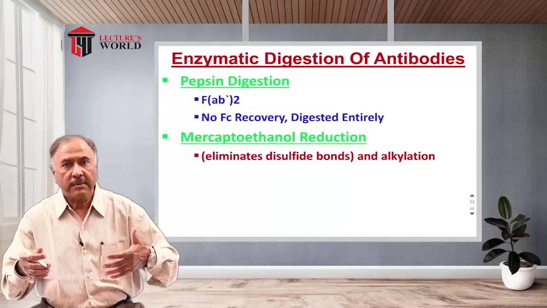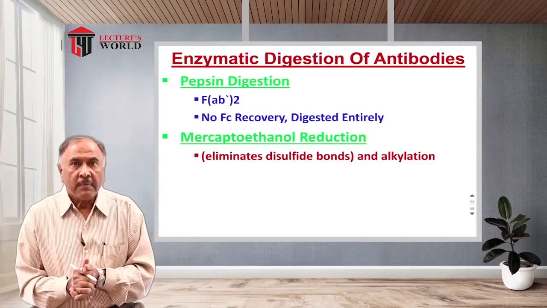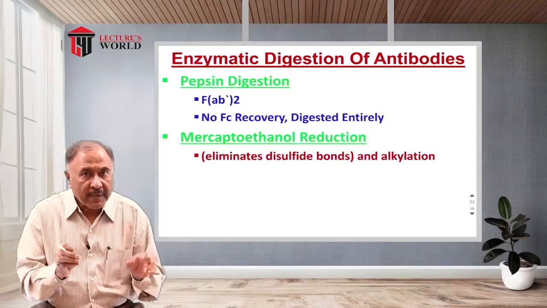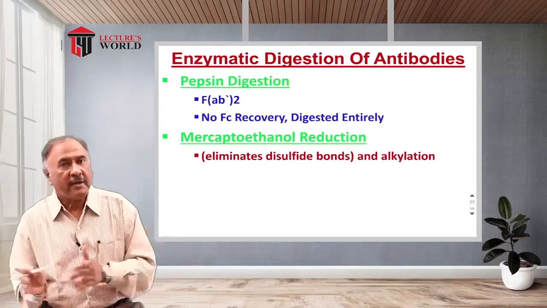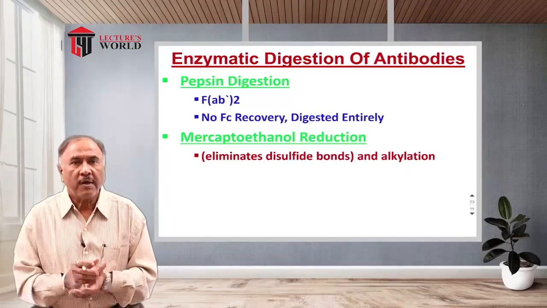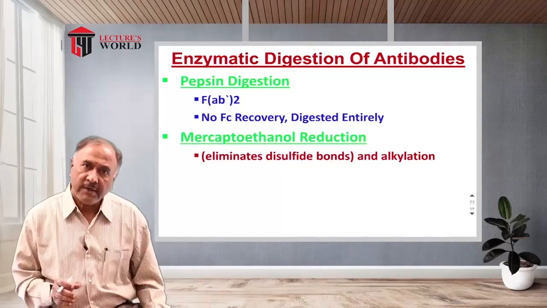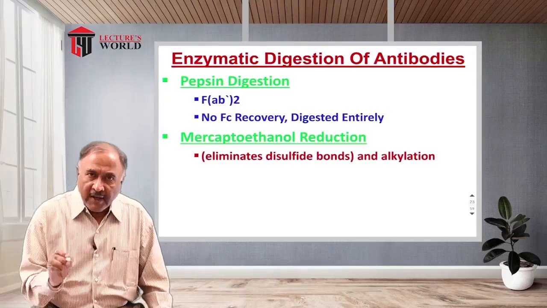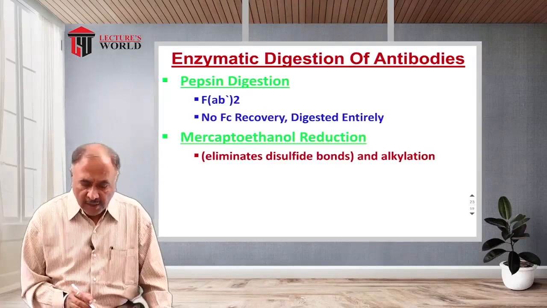After each treatment with each enzyme, either pepsin or papain, they carried out electrophoresis, so that whatever protein molecules had been broken down would show different electrophoretic mobility as different components. So when they did this digestion with pepsin, they obtained